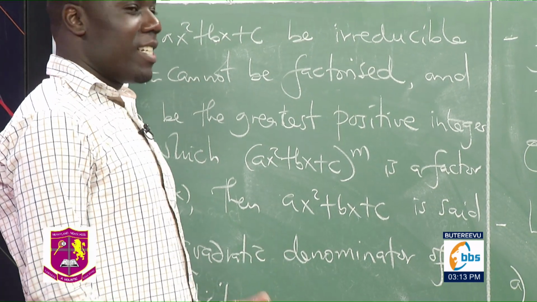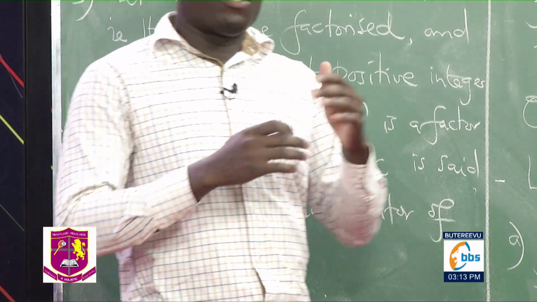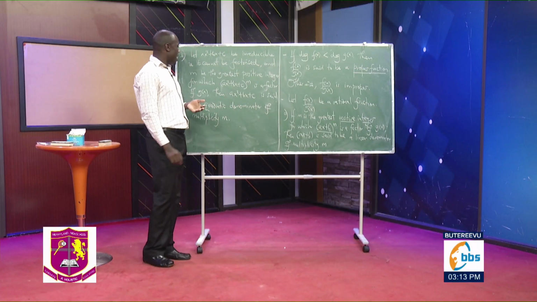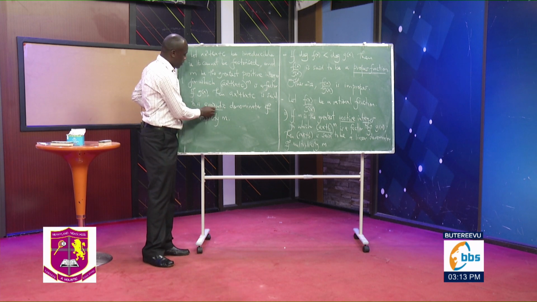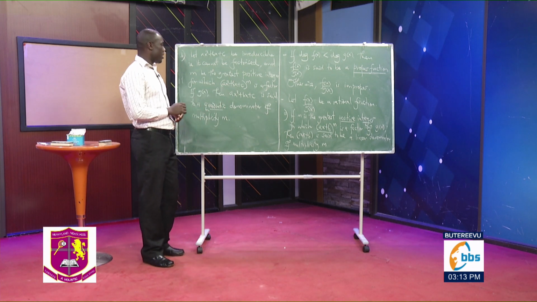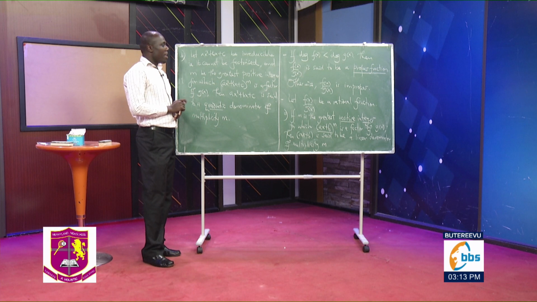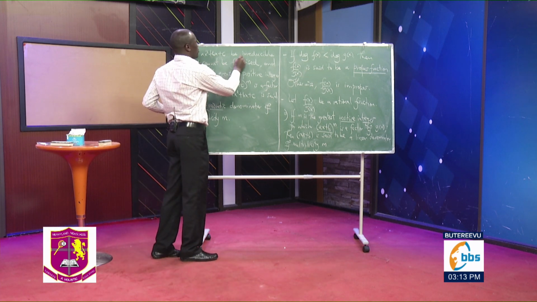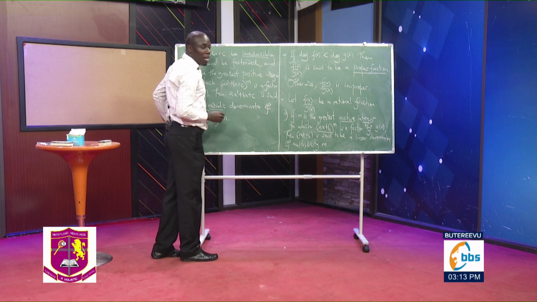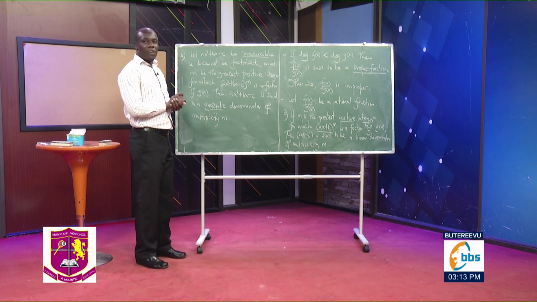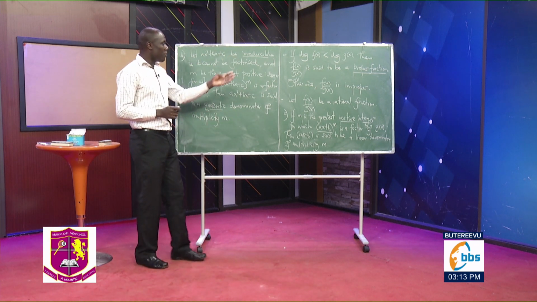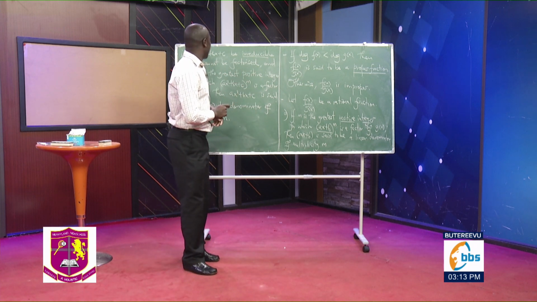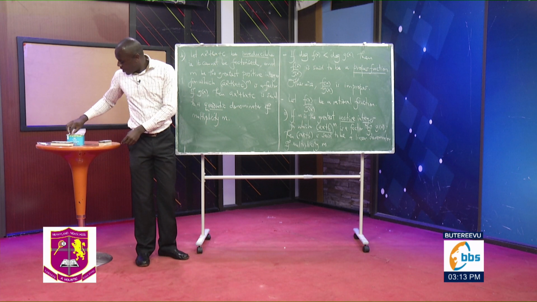So the multiplicity is simply the number of times you're multiplying something by itself. A quadratic expression, that's just a polynomial of degree 2. Now, the key word here is we want ax squared plus bx plus c to be irreducible. If it is not irreducible, in the terms of partial fractions, we will not refer to it as a quadratic denominator. So, for example,